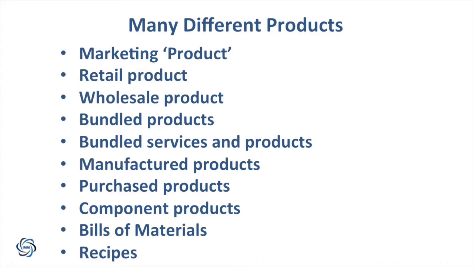Then you go into the factory and you would have perhaps the concept of manufactured products, because they manufacture products in the factory, perhaps to sell on as either retail or wholesale products, or they might manufacture them to be component parts in other products that they either manufacture themselves or buy in. And then you'll have purchased products where they purchase in products and they might simply retail them, or they can purchase them in to make them component parts of products they're going to sell.